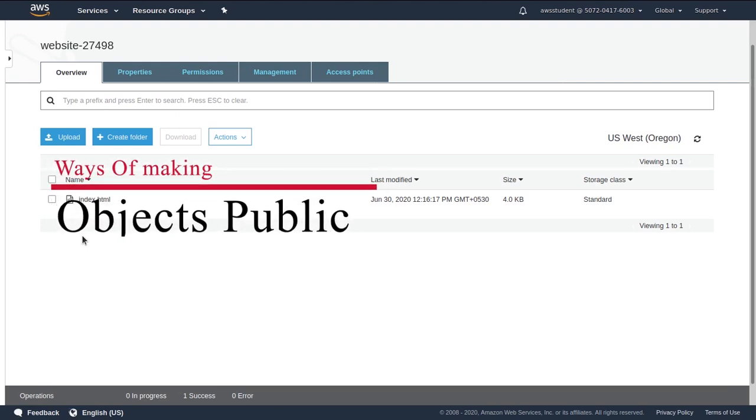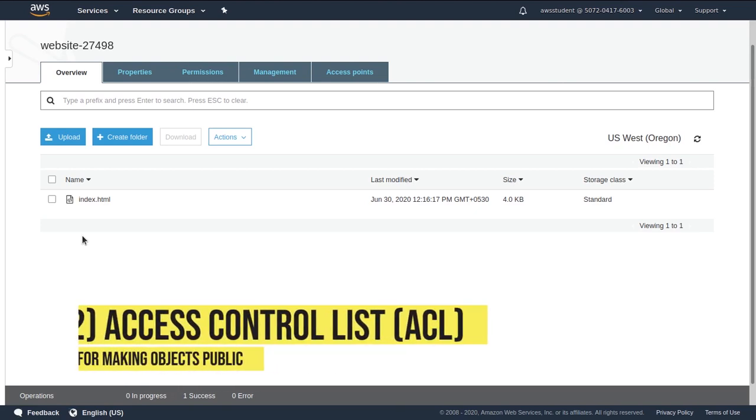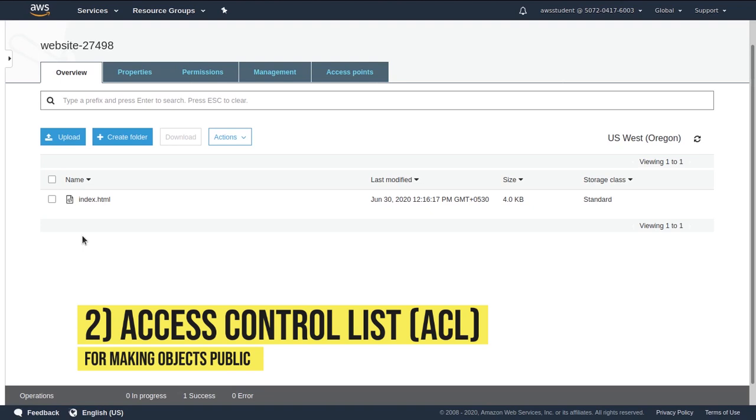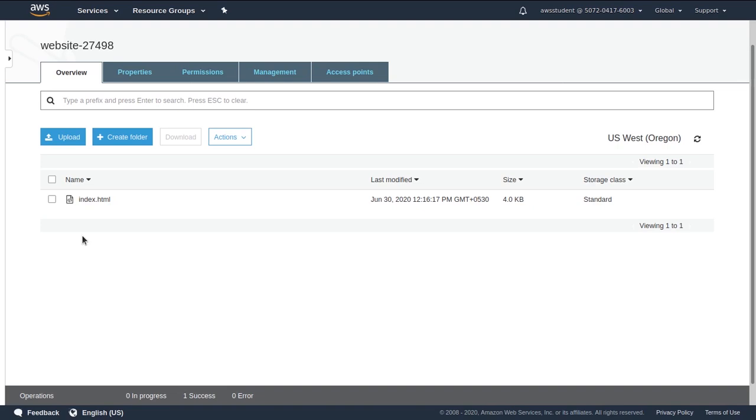private. There are several ways to make Amazon S3 objects public. You can use a bucket policy to make an entire bucket or just a directory within a bucket public. You can use an access control list (ACL) to make individual bucket objects public. It is normally safer to make individual objects public because this avoids other objects being accidentally made public. However, if you know that the entire bucket contains no sensitive information, you can use a bucket policy.